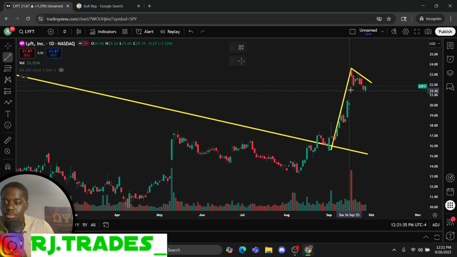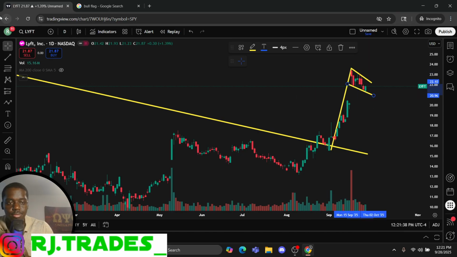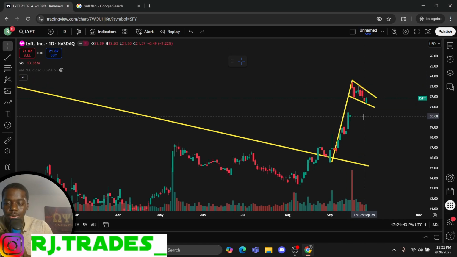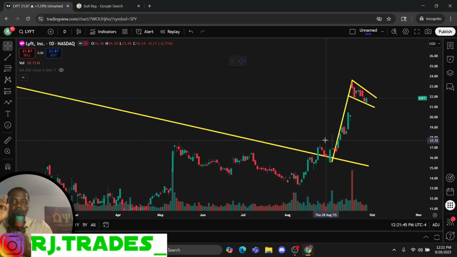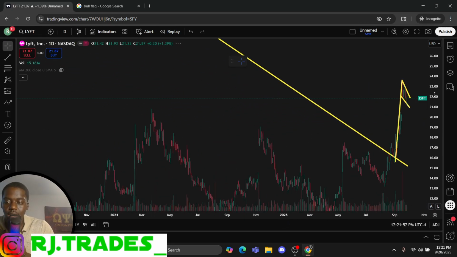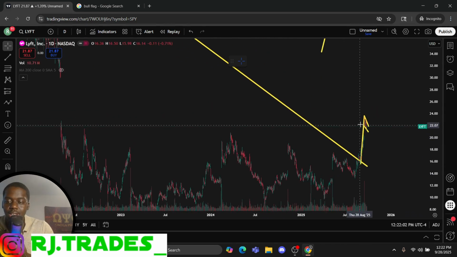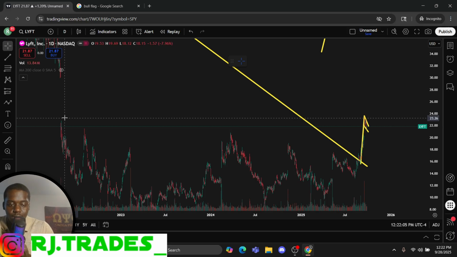What do I see with Lyft? Crazy run up. Look at that. We got a play to watch. Now, let's tie it in. What did I say earlier? I said when a stock breaks a resistance, it's looking to go to the next one. Where is the next resistance? Here, we have to go back to find it simply because Lyft is at a place where we haven't been to in 3 years at this point. So Lyft hasn't been to this spot in 3 years.